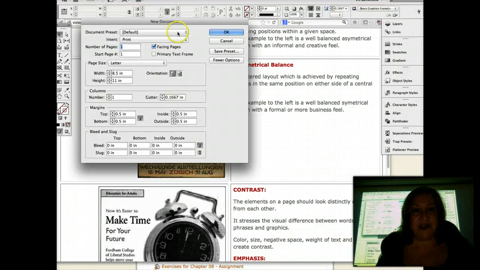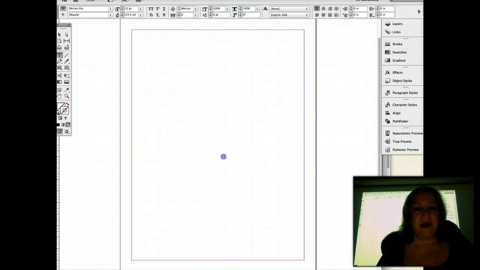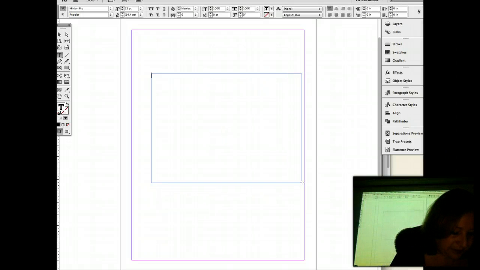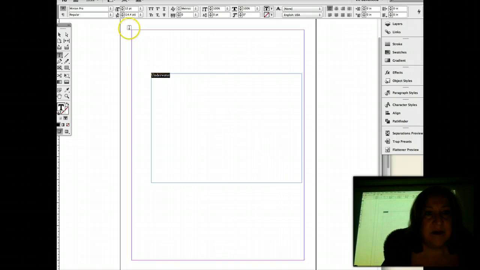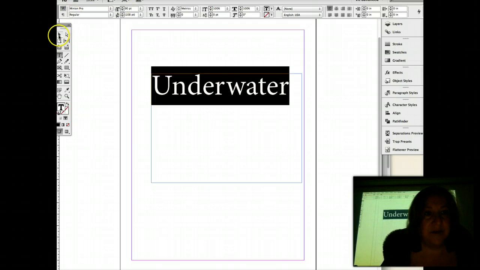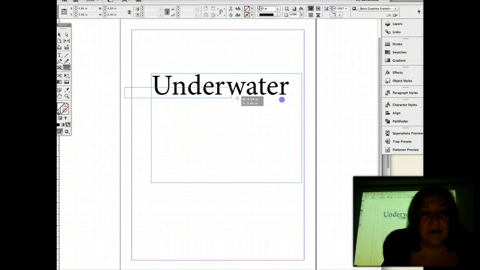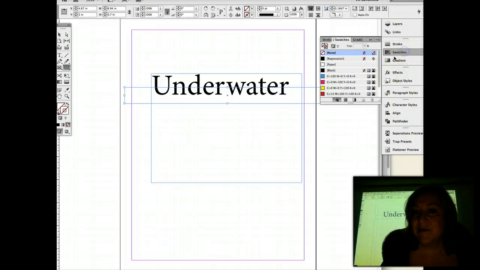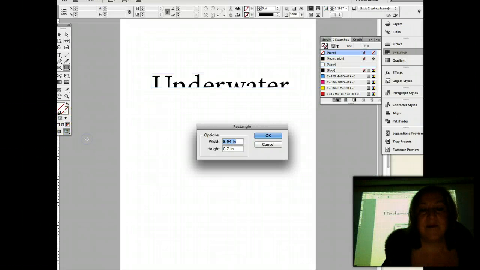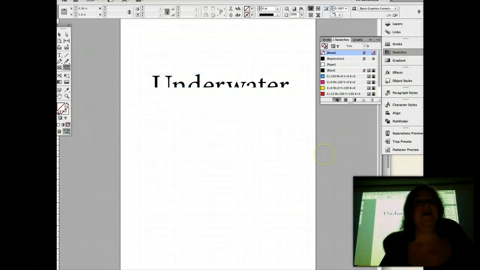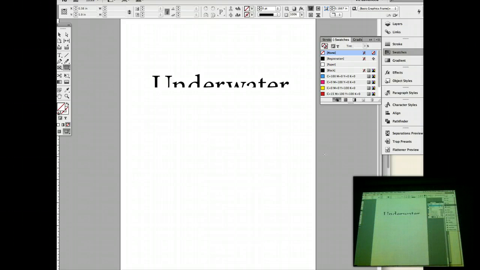If we set a line of type, and I type the word, if I type this word and you look at only half the letters because it's upper and lowercase letters, our